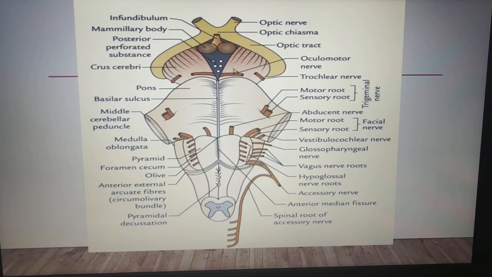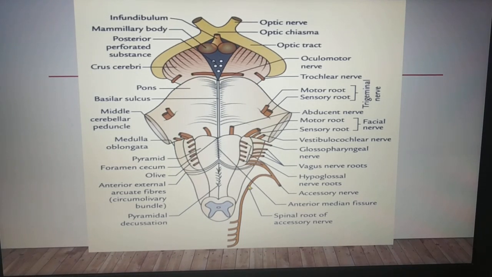The next structure we appreciate on the ventral aspect is the cranial nerves. The cranial nerves emerging at the level of the midbrain will be the third and the fourth. The third nerve is the oculomotor nerve and the fourth one is the trochlear nerve. When we see the 12 cranial nerves, leave off the first and second; the third and fourth arise from the midbrain level. The 5, 6, 7, 8 cranial nerves arise at the level of the pons. 9, 10, 11, 12 cranial nerves arise at the level of the medulla.